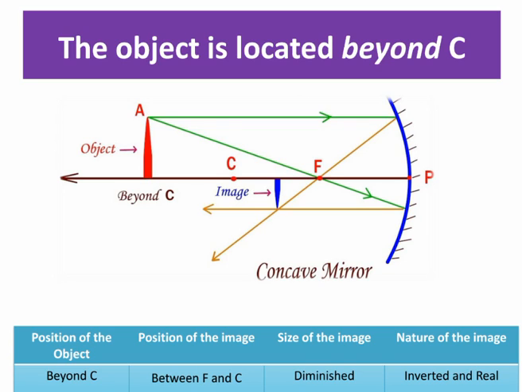In this case, the image will be an inverted image. That is to say, if the object is right side up, then the image is upside down. In this case, the image is reduced in size. In other words, the image dimensions are smaller than the object dimensions. For example, if the object is a 6 foot tall person, then the image is less than 6 feet tall.